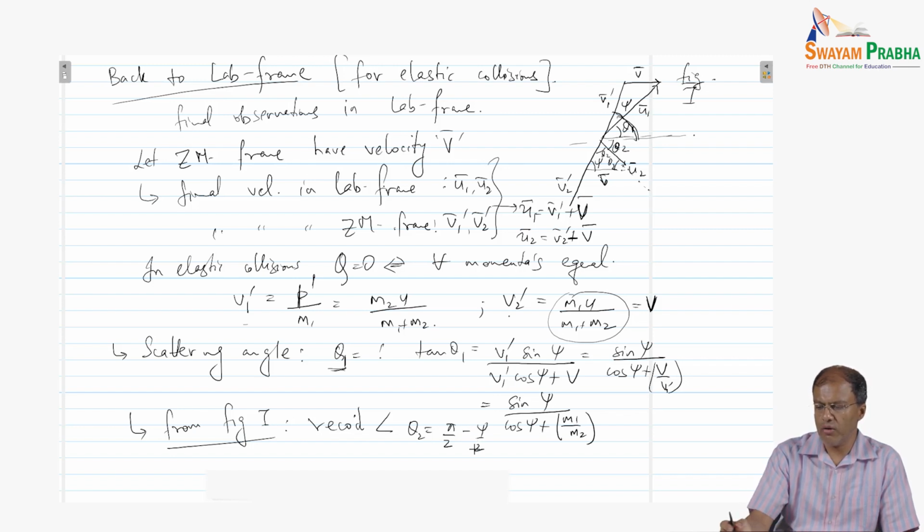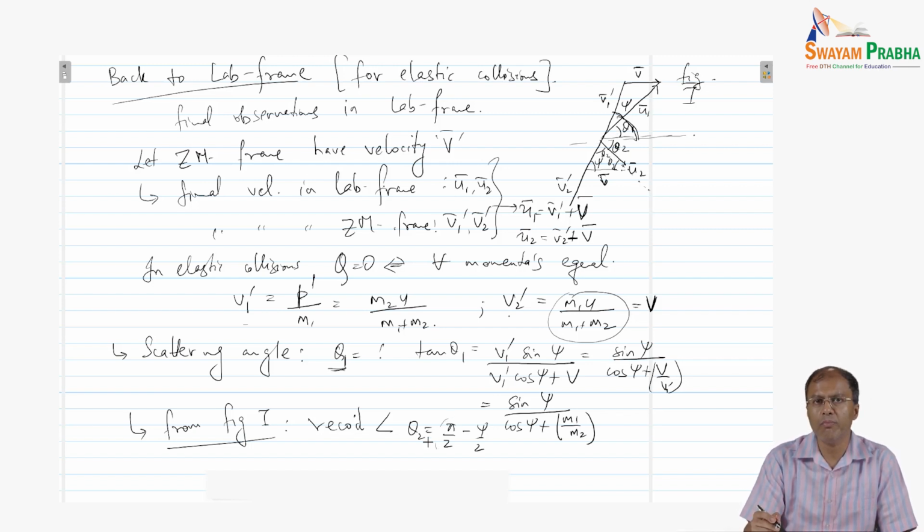Remember, we are talking about elastic collisions here, so theta 1 plus theta 2 must be equal to pi by 2. That is where this pi by 2 is coming from. So theta 2 comes out to be,